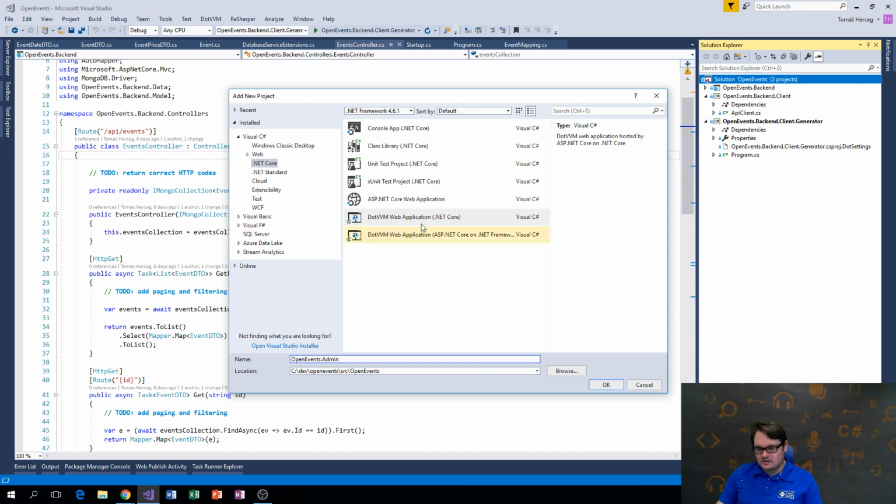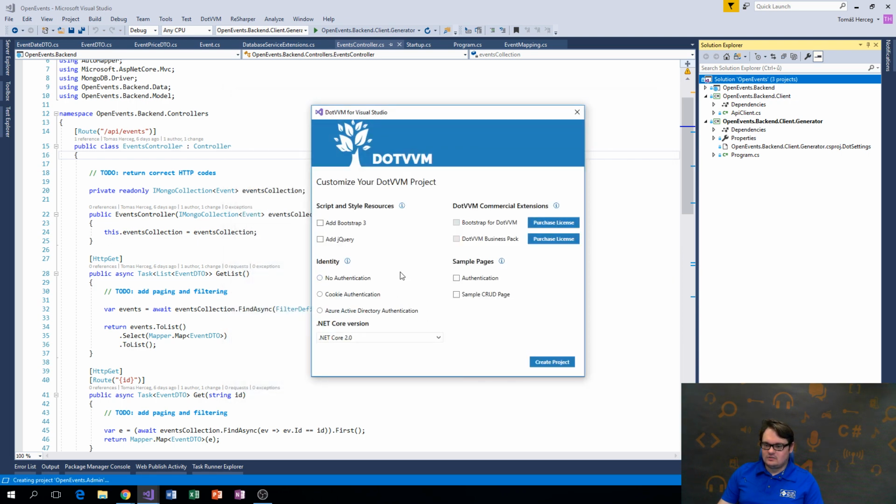and I'm using this project template. You can get the DotVVM extension for free from Visual Studio Marketplace. There's also a commercial version with more features, but everything I will show here can be done with the open source framework and the free extension, so nothing special. Openevents.admin, so it sounds correct, and I'm using .NET Core, which is great because DotVVM supports both full .NET and .NET Core. Okay, so let's create the